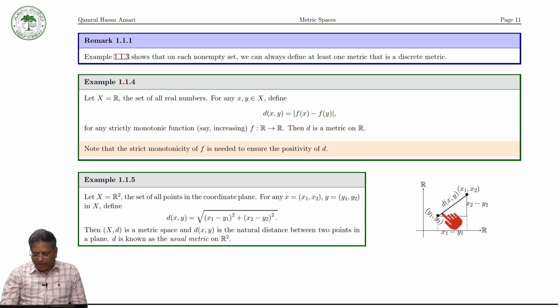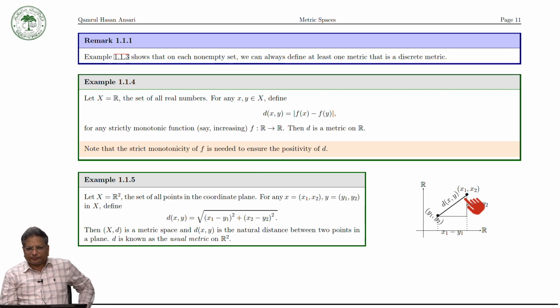So for example, this is the plane, and here is point x with coordinates x1, x2, and here is point y with coordinates y1, y2. Now the usual way which you have studied in class 10 or 11 is that if there are two points in a plane, then you can calculate the distance between them by using this formula. Because this is the usual way, definitely this will satisfy all the conditions of a metric,